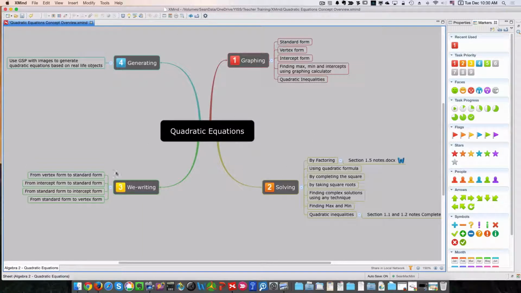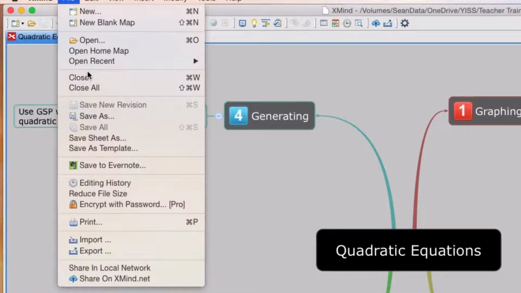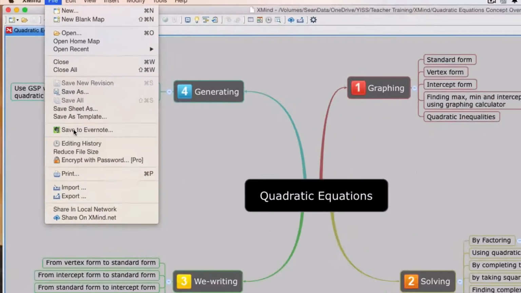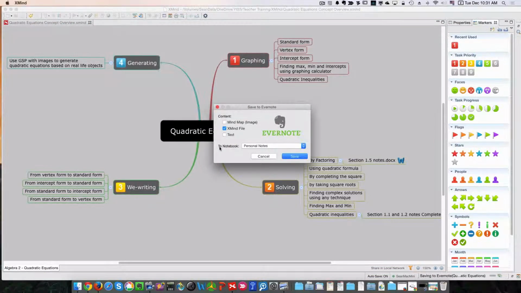So now that you've made a map that you're happy with, what are you going to do with it? You want to save it somewhere. So obviously you can just save it. That's fine, no problem. Or you want to share it. So you can save it to Evernote. If you have an Evernote account, which most of our students now have,